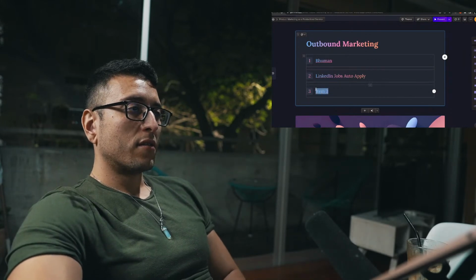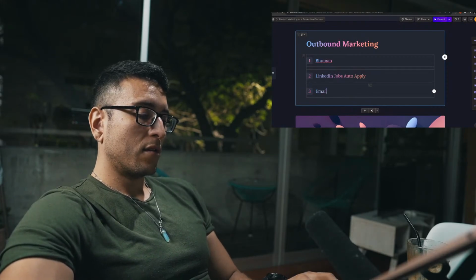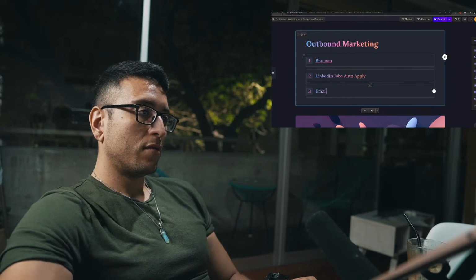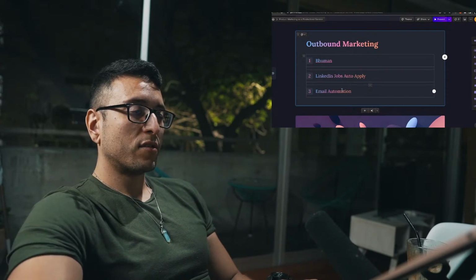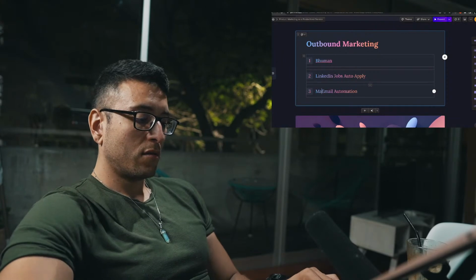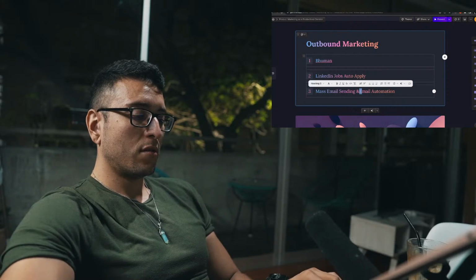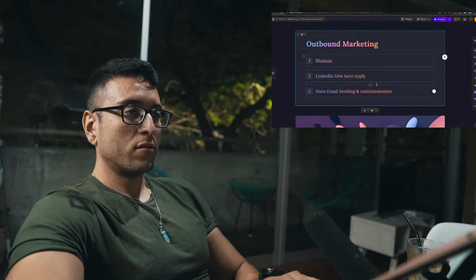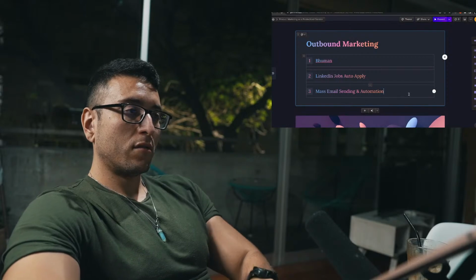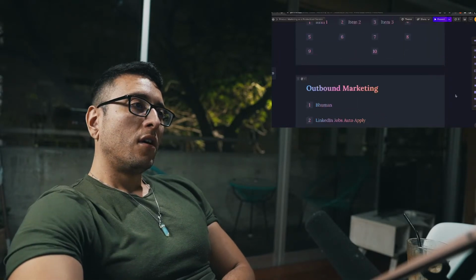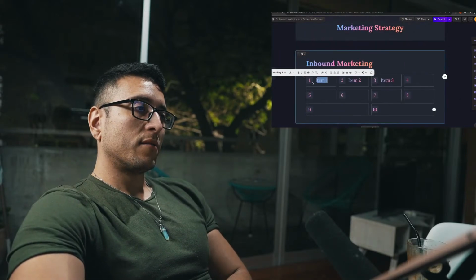And then the third one for outbound is probably going to be like email automation, mass email automation. That's it for now. Inbound is going to be a lot. So we have